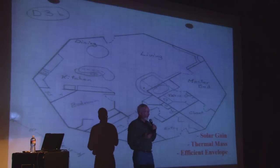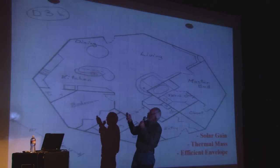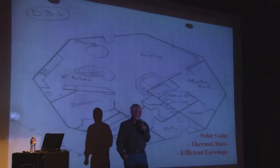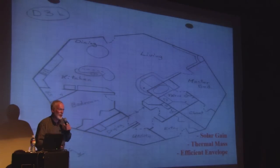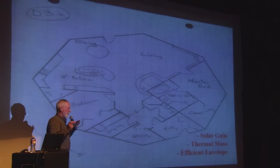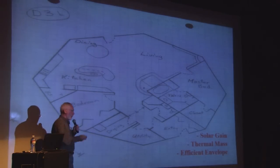Obviously, this is a long story. The bottom line of it is we finally built plan D3B, which is where we ended up. So a lot of thought goes into the planning aspect of these things. A lot of changing, drawing pictures, three-dimensional thinking about it. Going to the house site,